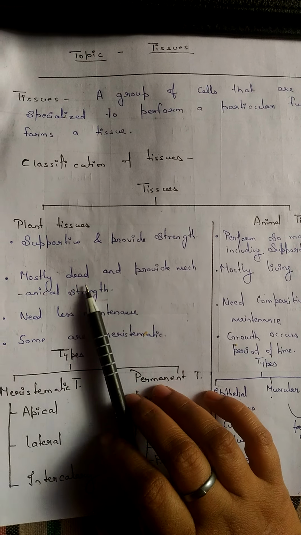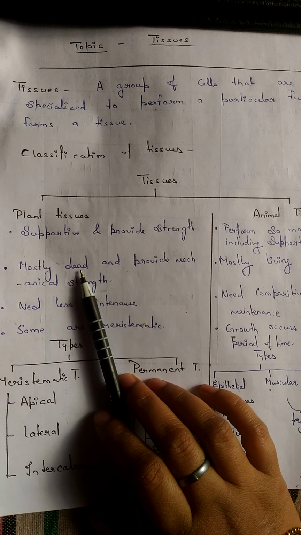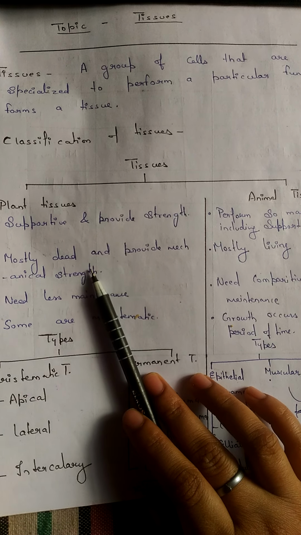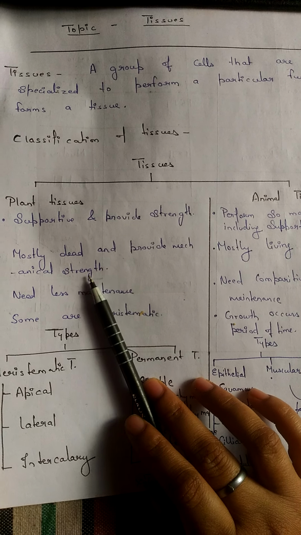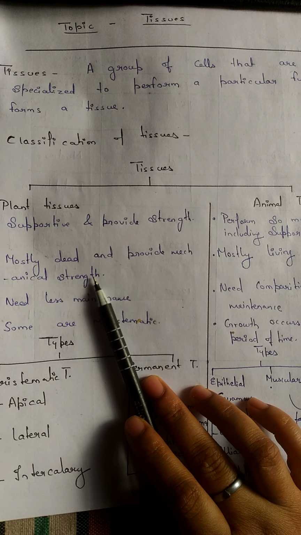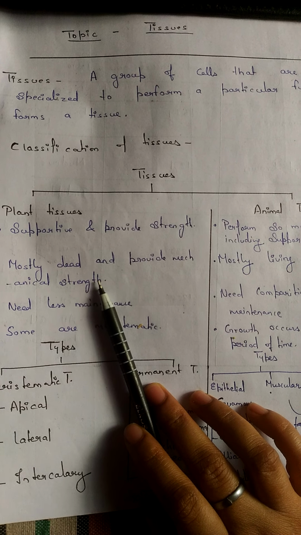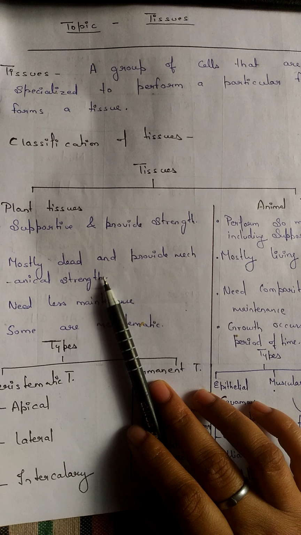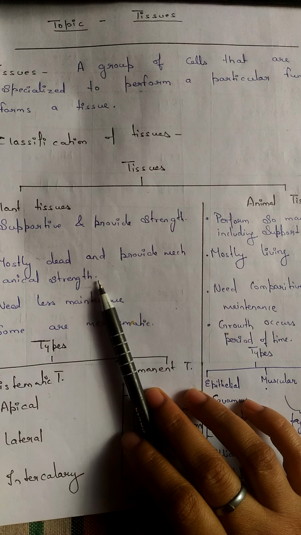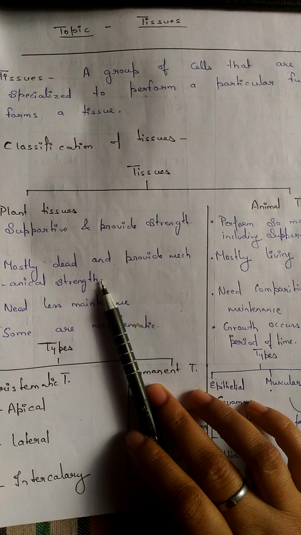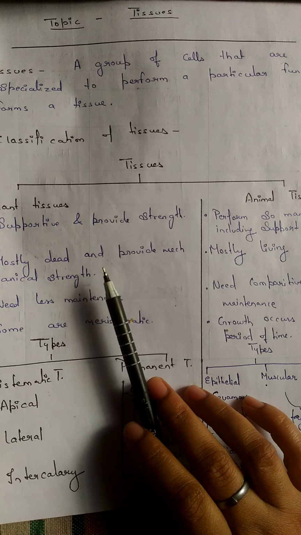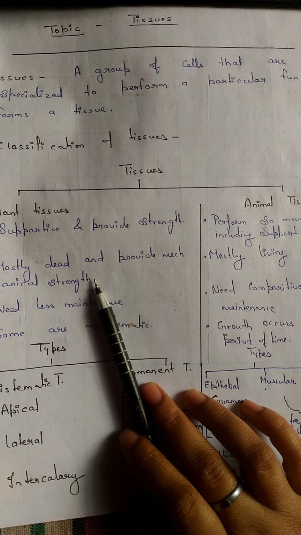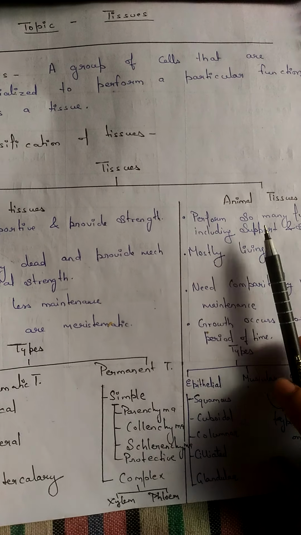In plants, most of the tissues are dead, as I have shown you with the bark of the plant. So these are dead, that's why they provide more mechanical strength. That's why you have seen that plants can survive for so many years. One of the best examples is the big tree of tule plant, which is found in Mexico. That is supposed to have an age of 4,500 to 5,000 years, that old.